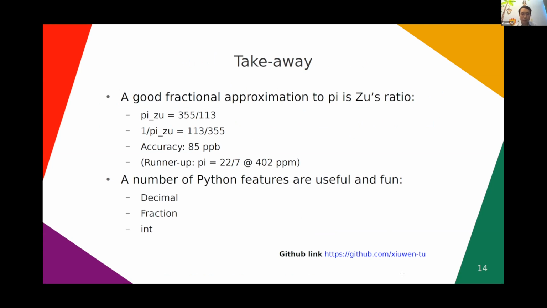It's a very simple one. A very good fraction approximation is this ratio, 355 divided by 113. And one trick to memorize this is the inverse of that is 113355 with a divide sign right in the middle. Right? It has impressive accuracy. So the runner-up is our more familiar 22 divided by 7